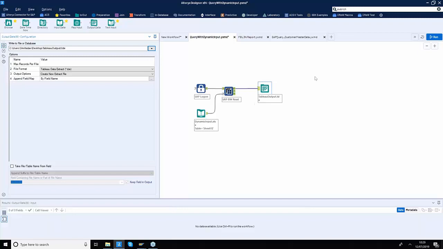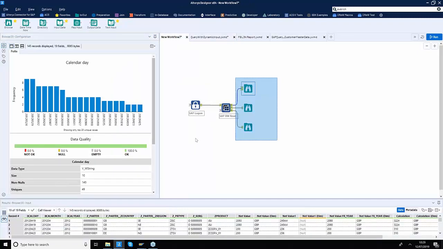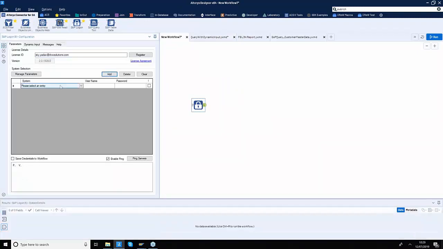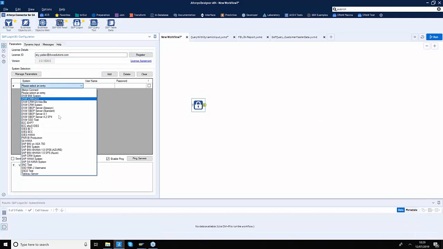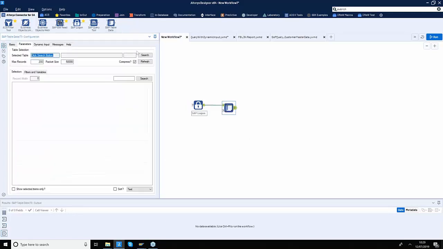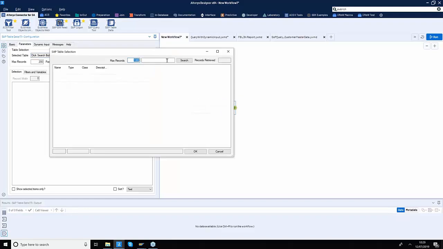I will now focus on the table tool. So let me make sure that we delete these tools from the canvas, and we start by dragging the Logon tool again. In this Logon tool, you can add as many systems as you like. This time I'm going to connect to our SAP HANA system, and we will focus on one of the popular tables from the SAP ECC system, called BKPF. So I'll click on the search button, type in the table name, click on the search button,